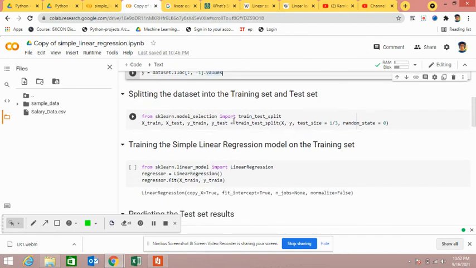Now what's important here is that when I'm training my set, I have to split it into two: one is the training set, and the other is the test set. So from sklearn.model_selection, import train_test_split, which is one of the libraries that helps you split the data. I'm going to use X_train, X_test, y_train, y_test, and this is the test size. First of all, I'm going to train the model from the training sets. So I have split on random